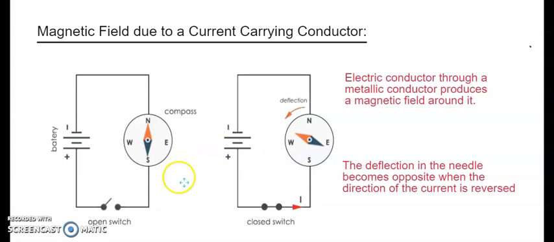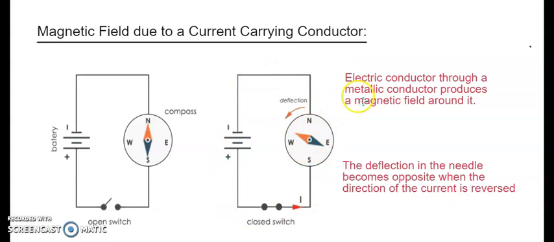Clear? So similar construction, the similar way we have drawn in this schematic diagram. There is a key, battery, and just simple wire. The switch is on, so deflection is north. As you remember in the experiment also, the mobile phone compass and the other compass were showing towards the north. The needle was stable. Then it shifted to the northwest. That means the current is flowing from the positive terminal to the negative terminal, that is downwards.